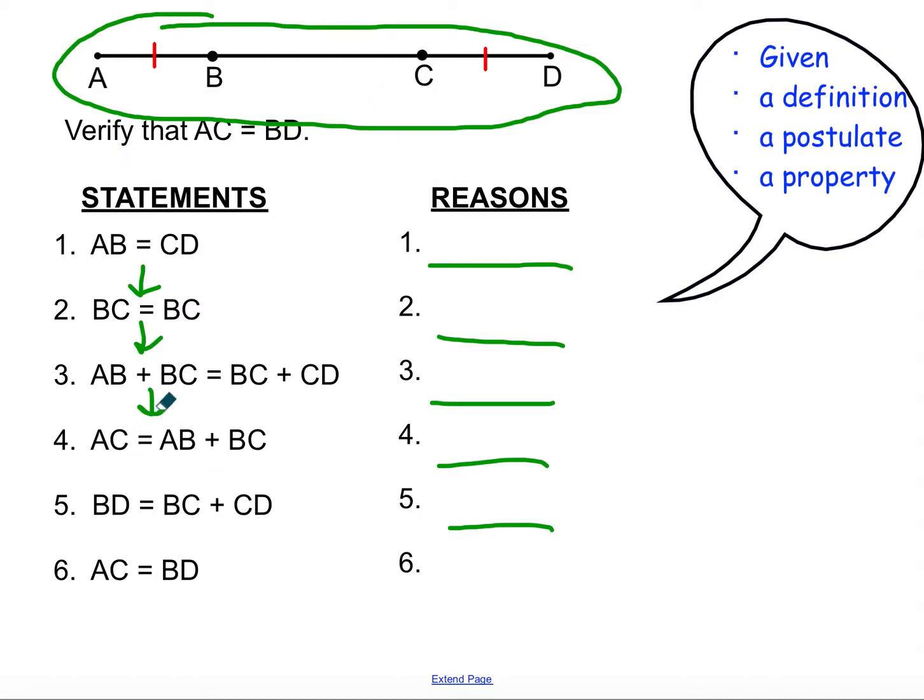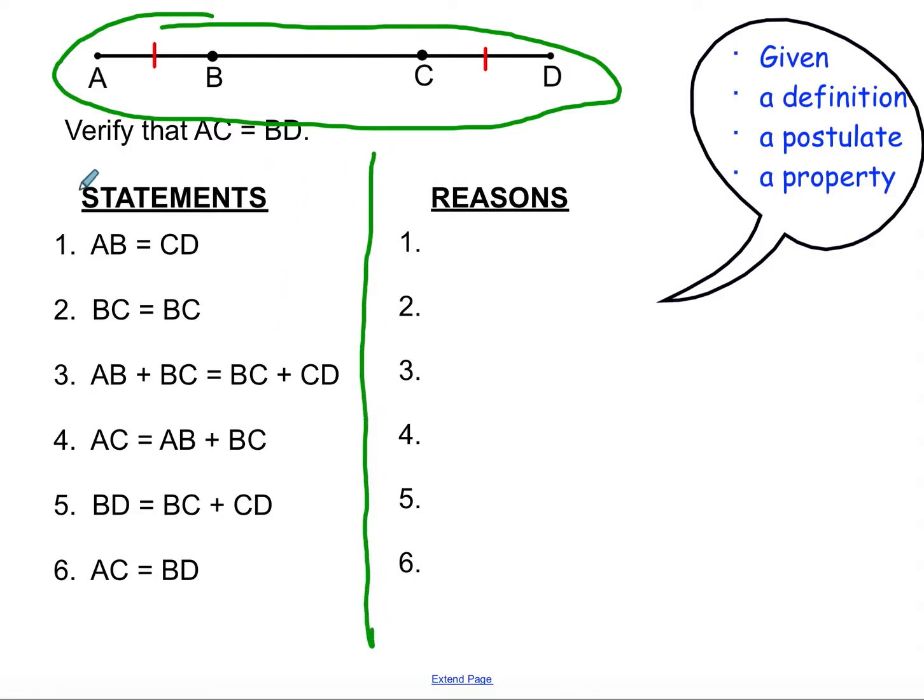We also must say why. So there's multiple ways to write proofs. This is called a two-column proof. Why is it called a two-column proof? Well, you can see here are our two columns. We have the statements, and we go down and argue our statements, and then we have our